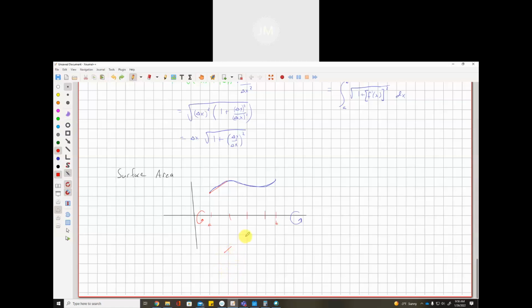That's looking terrible. Let me try that again. So if I rotate this point around, I'll get a circle. If I rotate this point around, I get a bigger circle. Okay. And so what I really get is like a cone with the pointy end chopped off. And so then we can find the area of that piece of a cone, and that's where our formula for